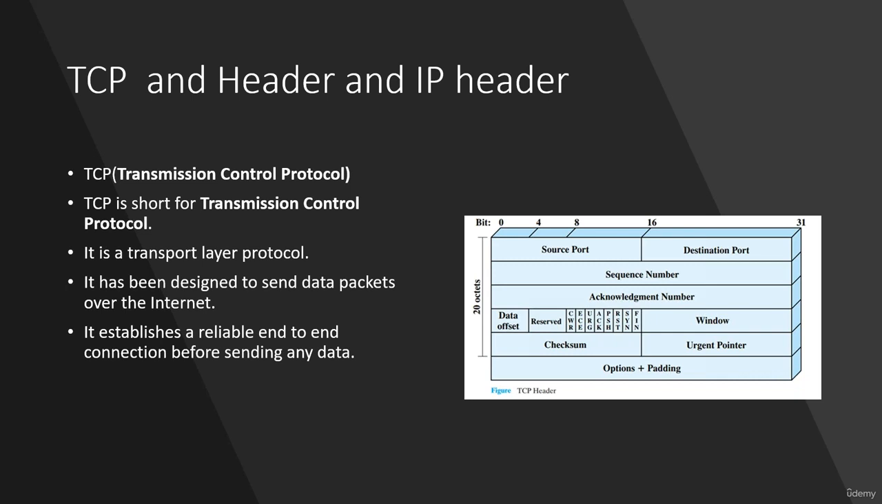Then the sequence number and acknowledgement number. The sequence number is used when you start creating the handshake. Every packet exchanged between you and the destination has a sequence number, and in the same way, the acknowledgement number is also present. So for example,